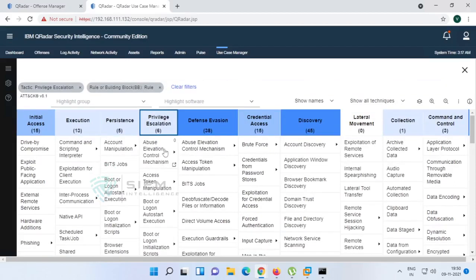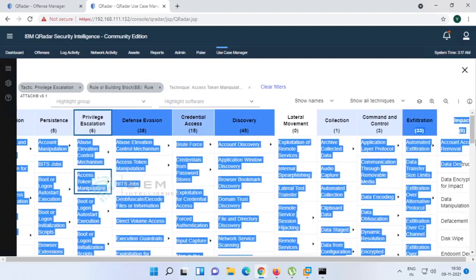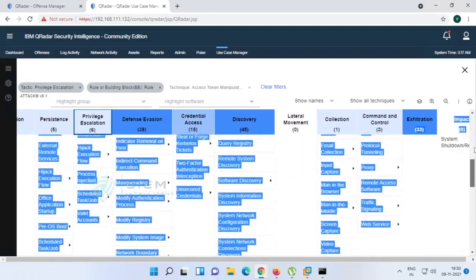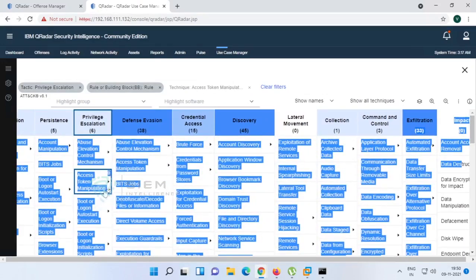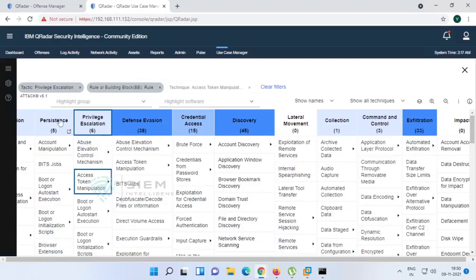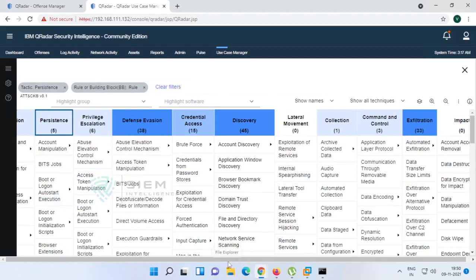So over here, all are 0, 0, 0, 0. So this is the way you can see the MITRE framework concepts.